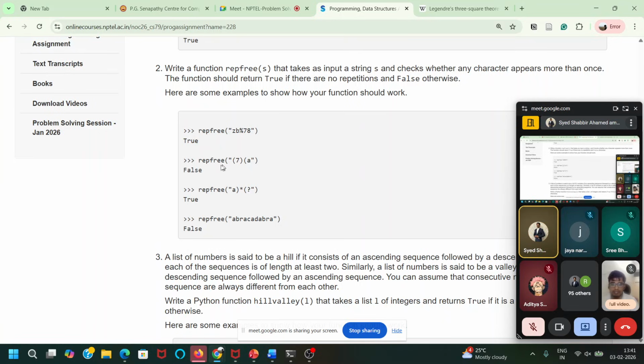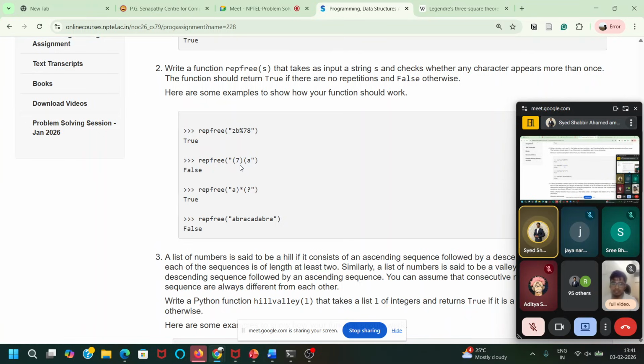Yeah. So here you can see in this, open bracket 7 close bracket open bracket a. So this is a string. These characters are a string. If you want to see if there is a character which is repeating, here you can see open bracket is repeating, so first and second.